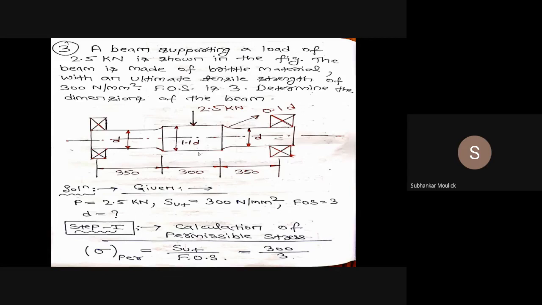I need to find out again the maximum bending stress at the mid span of the beam, and I know maximum bending stress is KT into nominal bending stress. Nominal bending stress for the mid span I have calculated. Fine. I want to calculate maximum bending stress. That will be KT into sigma nominal. That means I have to find out the value of KT somehow from the design data book. So my question is, for the middle cross section of the beam, will there be any stress concentration? Yes or no?